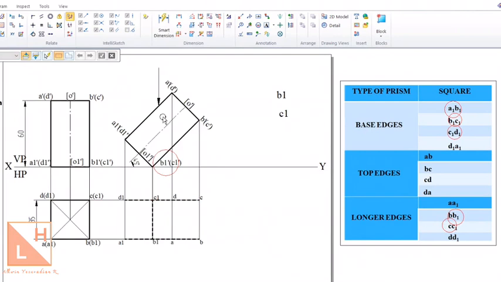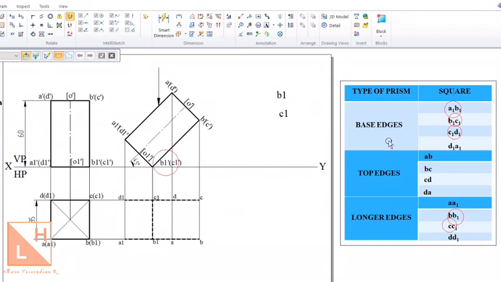So these are the hidden edges for this particular position of the square prism, which has its axis inclined at 45 degrees to HP, axis length of 60 millimeters and base edge length of 35 millimeters. Now remember, depending on the varying of these dimensions and the angle of inclination, the hidden edges will also vary. You need to follow the method properly for every prism, that is identify the farthest point and locate those 2 points, and every edge that contains that particular point will be called a hidden edge. The number of hidden edges will also vary depending on whether it is a pentagon, square, prism or pyramid.